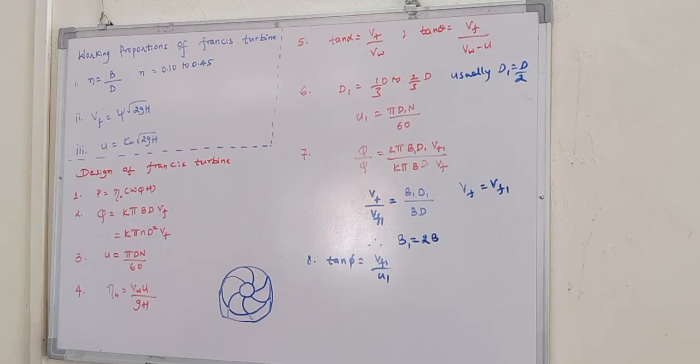There are two types of Francis turbines: the old turbine and the modern turbine. In the case of the old turbine, it was inward radial flow. In the case of the new turbine, it is outward radial flow. So basically, it is a radial flow turbine itself. This is the second classification.